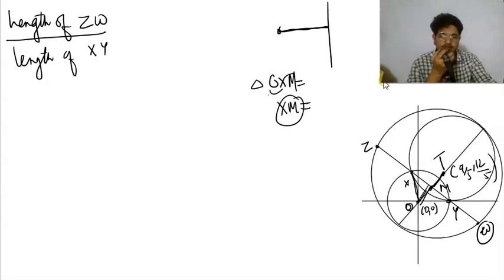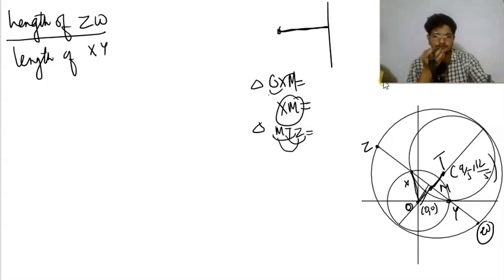Similarly, in triangle mtz, we know the value of mt by the perpendicular distance formula. We know the value of tz by the radius of the circle c3, so we can find the value of mz, and double that distance will give you zw. Hope you understand this. Now how will we find that line? That's the main question. Since it is passing through 3 comma 0.